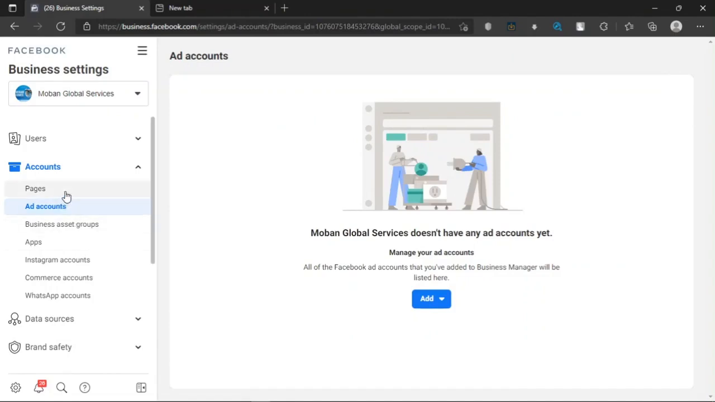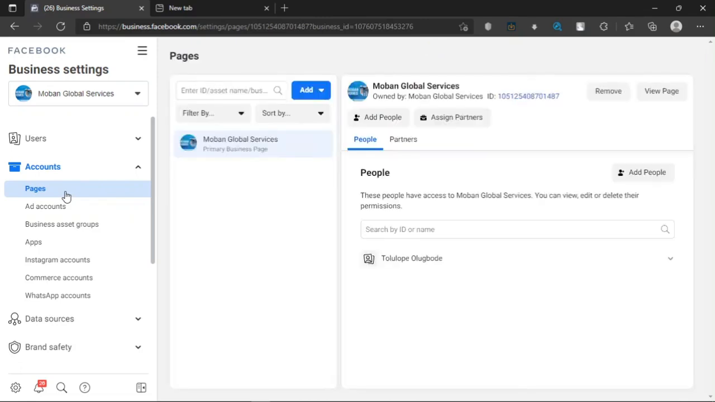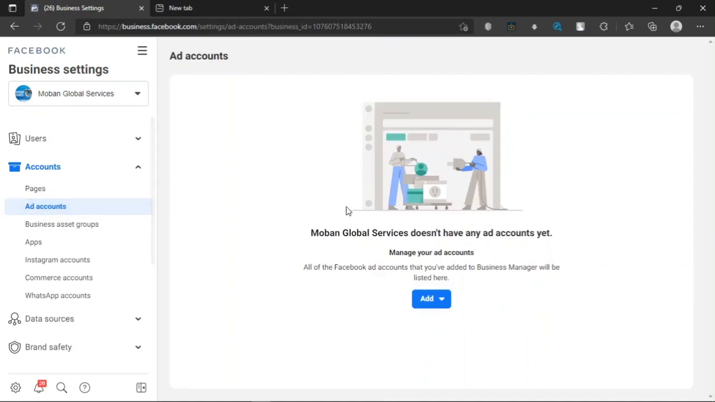So firstly, you need to add pages or page, maybe just one page. If you already have a page there, that's good. If you don't, click add and add a page. Just create one or add a page. Then click add accounts,